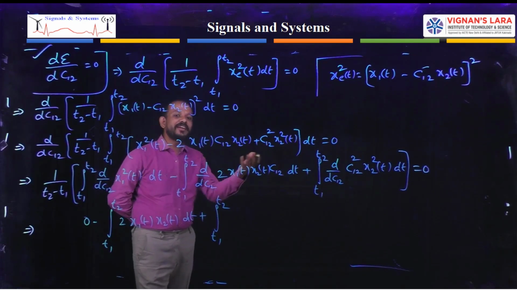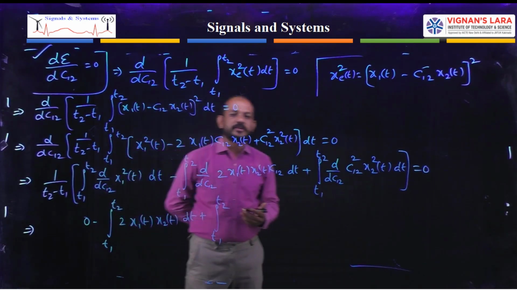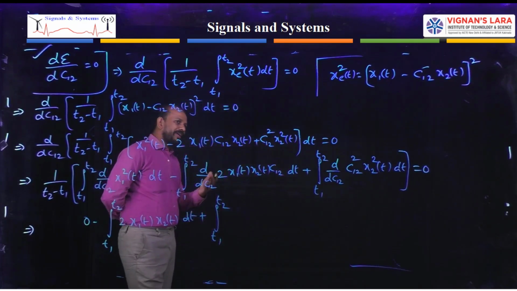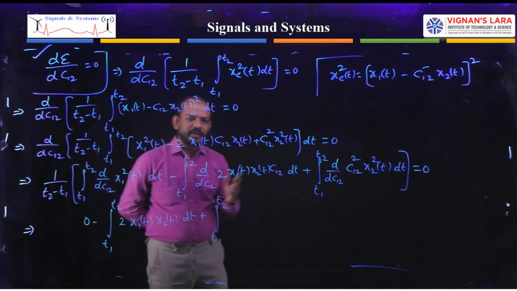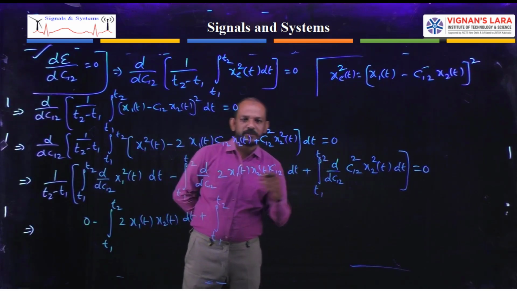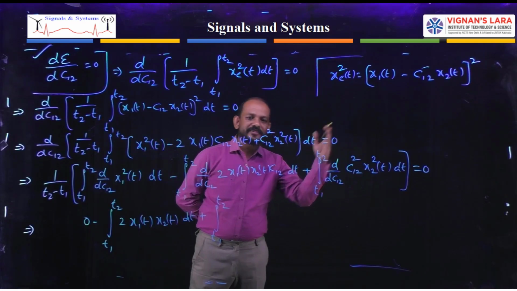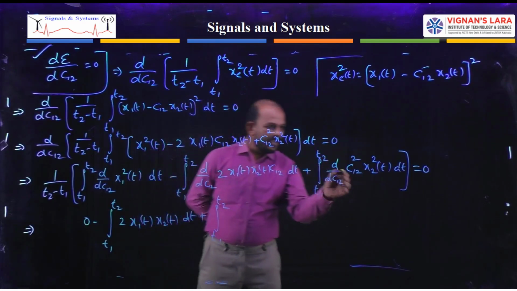Differentiation of x square with respect to x, so nothing but 2x. What is the differentiation of 2x square, 3x square? Differentiation of 3x square with respect to x. What happens? So 2 into 3x, that is 6x. So in the same way, I need the differentiation